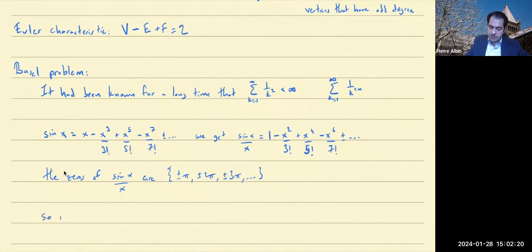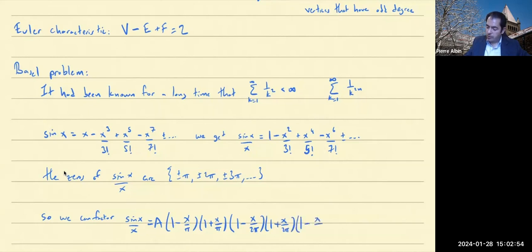So we can factor sine x over x as, well, really, we would have some constant a times 1 minus x over pi, 1 plus x over pi, right? So that accounts for the zeros at plus or minus pi. Then the zeros at plus or minus 2 pi give us 1 minus x over 2 pi, 1 plus x over 2 pi. Then the zeros at plus or minus 3 pi give us 1 minus x divided by 3 pi, 1 plus x divided by 3 pi, and so on,